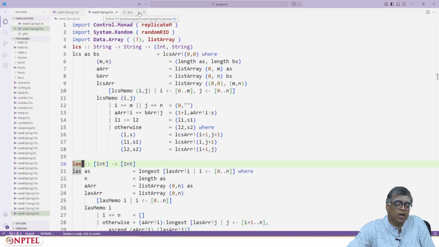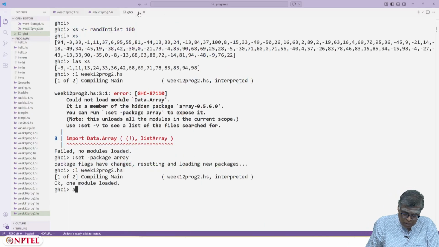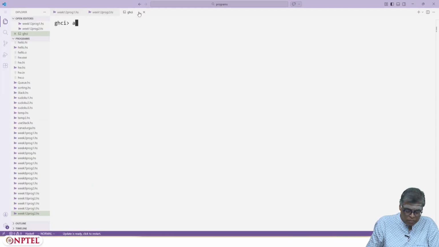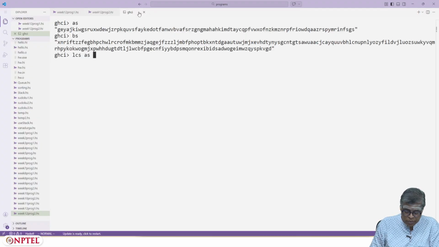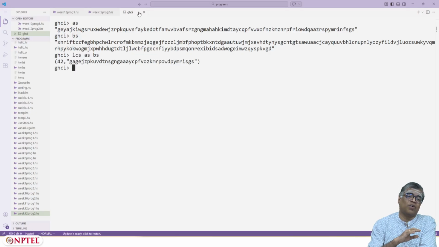And I can try the same thing that I tried earlier. What is A? A is something like this. B is another large string, and I can say LCS A B, that will return some value. It's of length 42, and that is the actual longest common subsequence. And all this is programmed using arrays. And you can see that it is quite quick. Okay, let's see the details of arrays now.